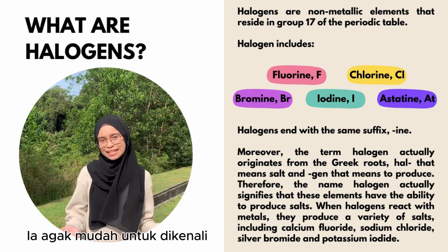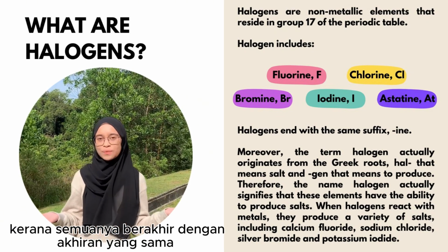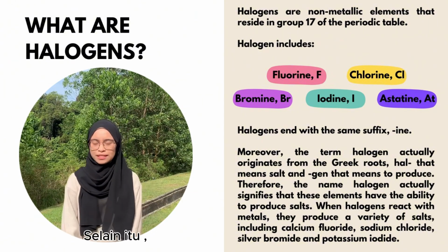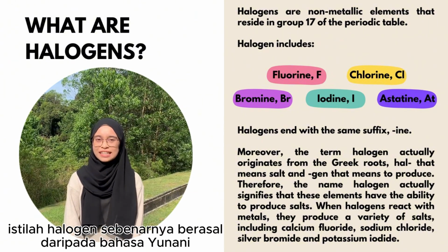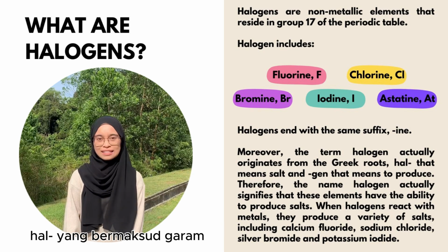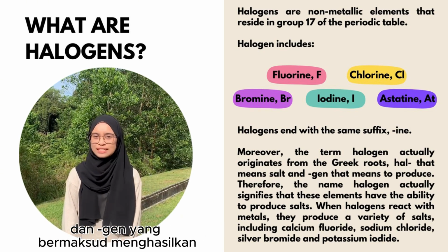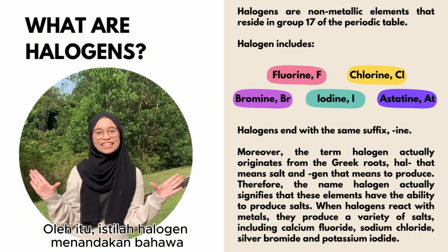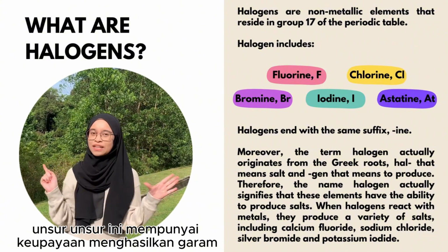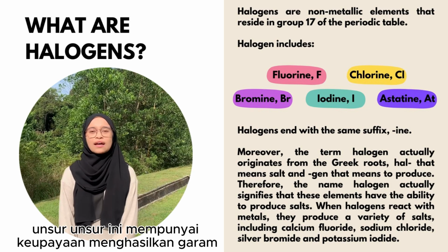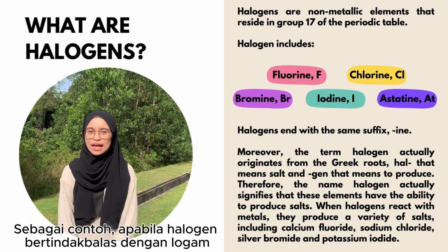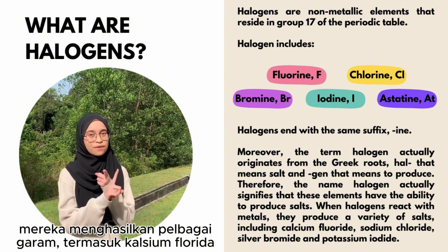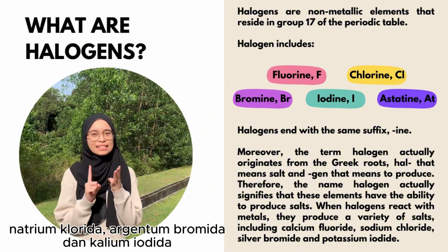It is actually quite easy to recognize them as they all end with the same suffix, which is I and E. Moreover, the term halogen actually originates from the Greek roots hal, that means salt, and gen, that means to produce. Therefore, the name halogen actually signifies that these elements have the ability to produce salts. For example, when halogens react with metals, they produce a variety of salts, including calcium fluoride, sodium chloride, silver bromide,